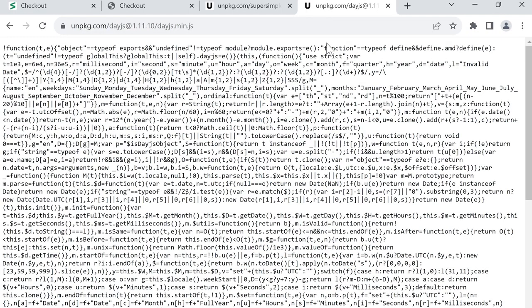And when the page opens, you'll see a bunch of random code here. Now you might think that this is some special code, but this is actually just regular JavaScript code that has been compressed. So basically all the extra spaces have been removed and the variable names